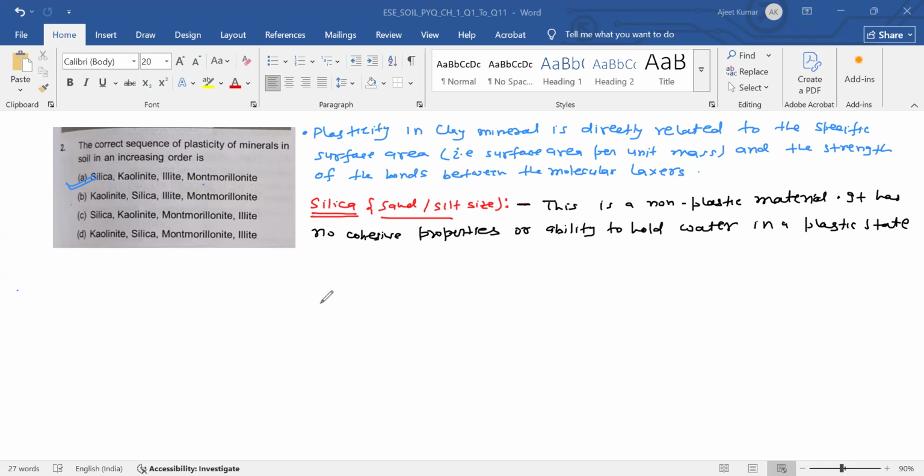Now, second one is kaolinite. It has a 1:1 lattice structure, held together